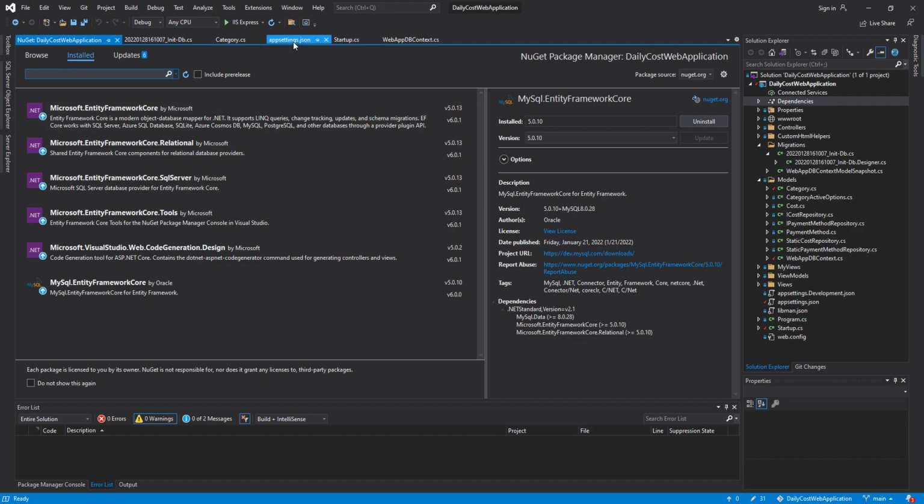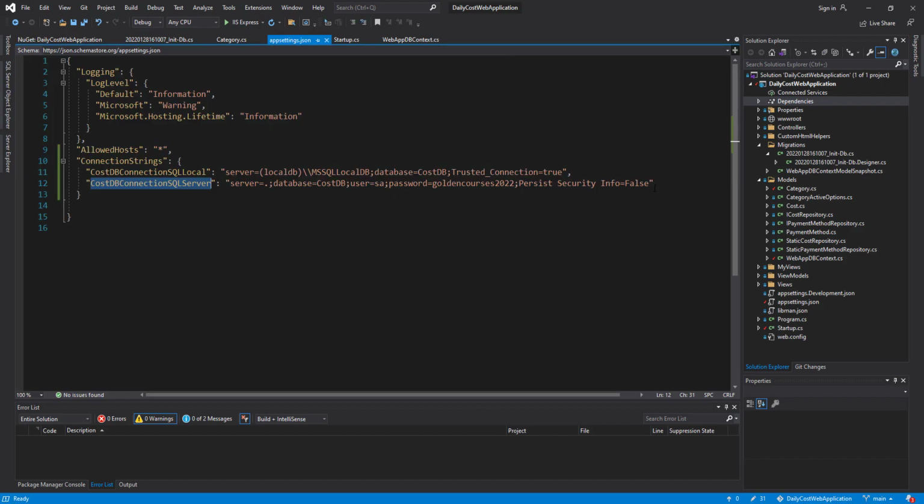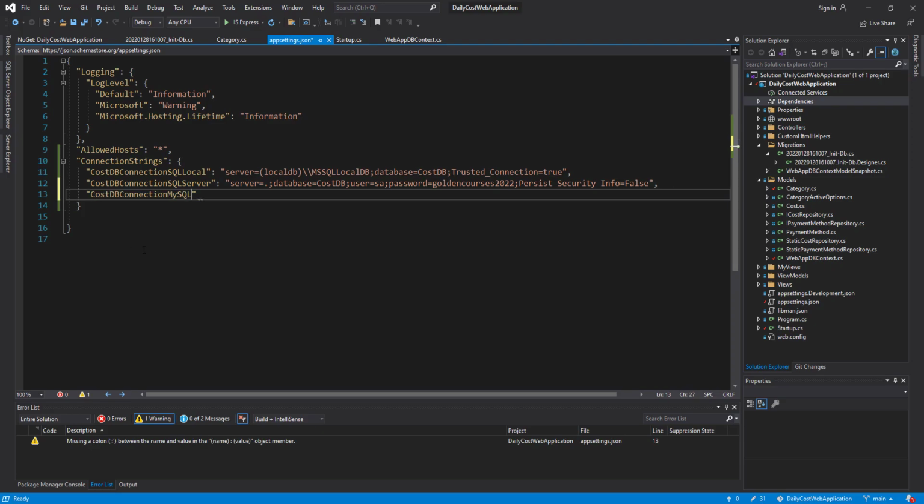Now I'm going to connect my web application to MySQL this time. For this purpose, first I'm going to appsettings.json and create another connection string to connect Entity Framework Core with MySQL. This time I use DBConnection MySQL, and the server name would be localhost,